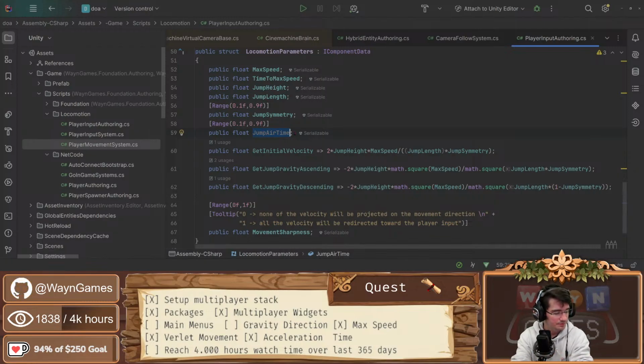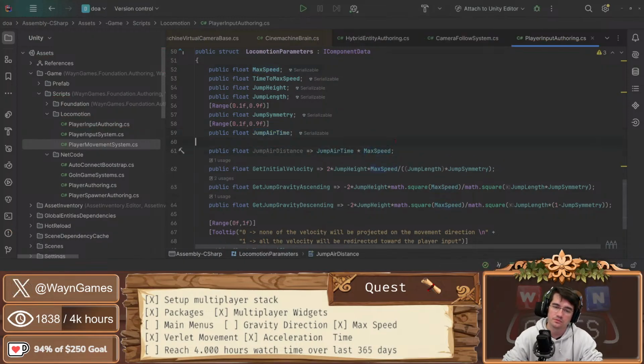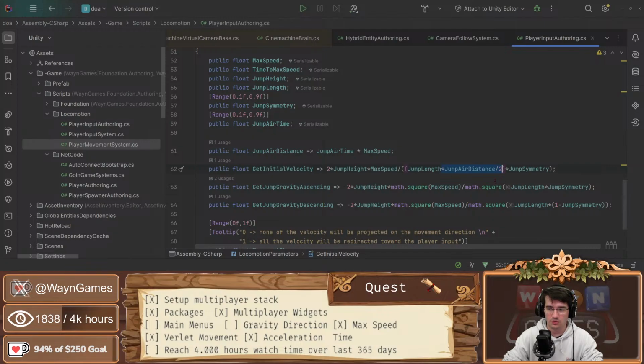And it's not a time. Distance in the air is airtime by x, so public float air distance jump, air distance, which is gonna be jump air time times maximum speed, and this one will get deduced here. And it will get deduced